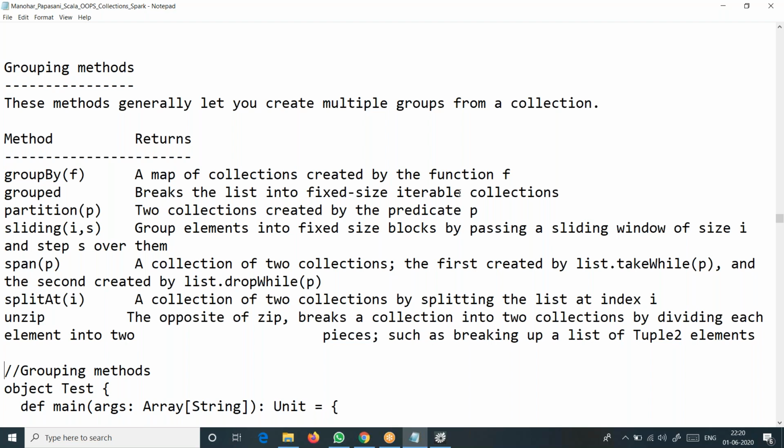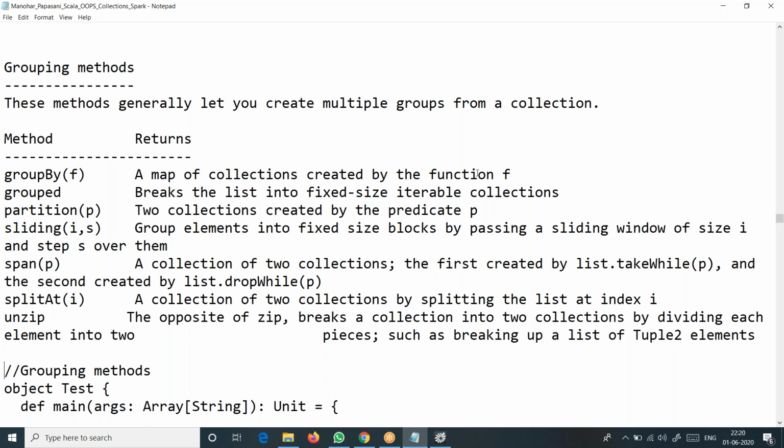Next one, partition. It's like creating a list into different partitions based on some condition. And then sliding, again grouping elements into fixed size blocks.